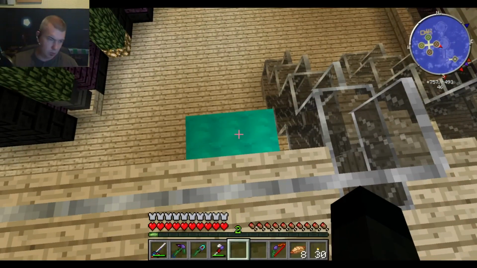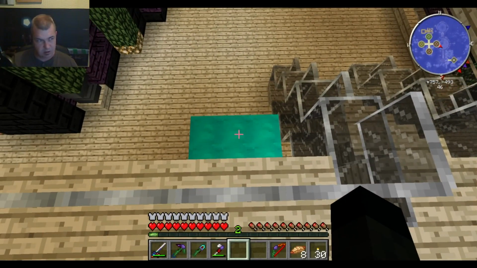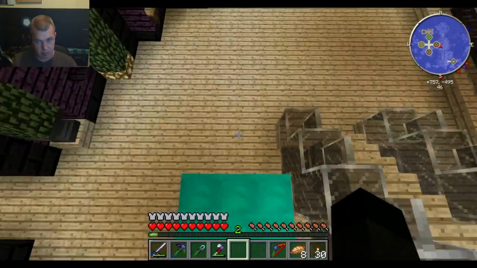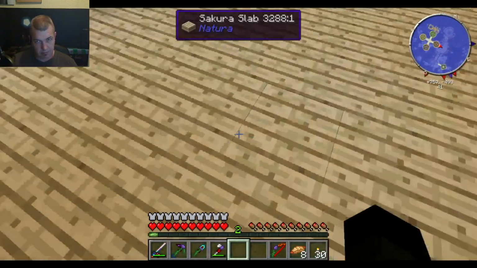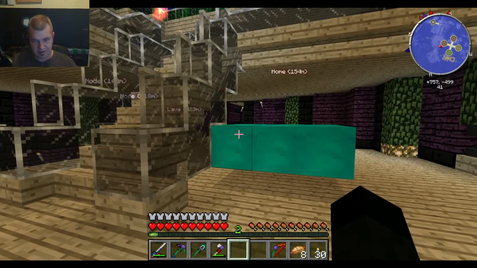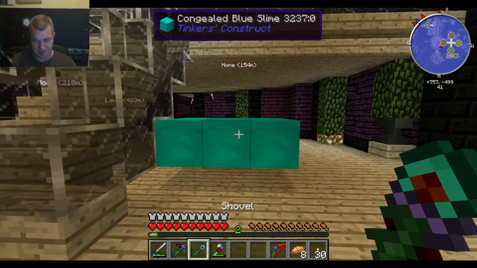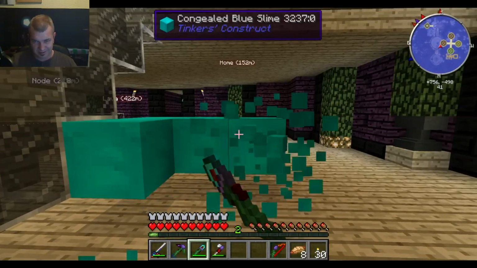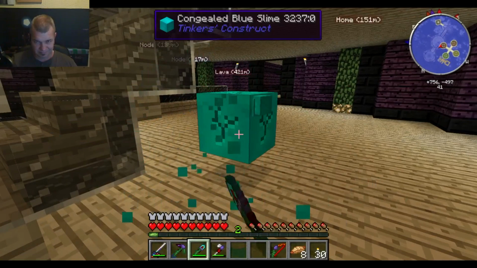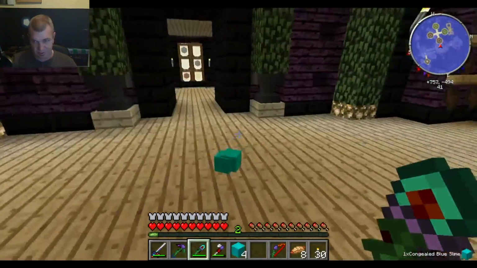Right, so all things being equal, if this is the same as the slime box in the snapshot, I should take no fall damage from this, and I should bounce. Conclusive test. This is a slime block from 1.8. Of course this was here first,